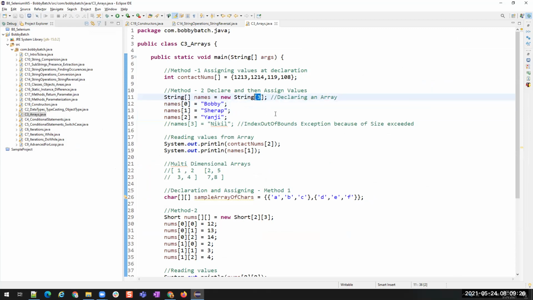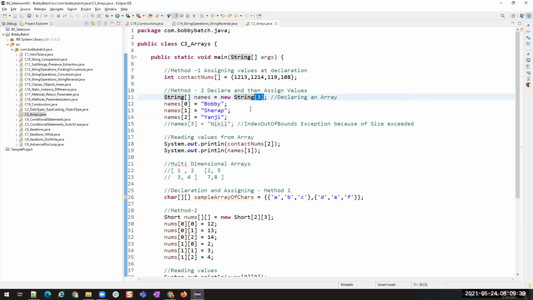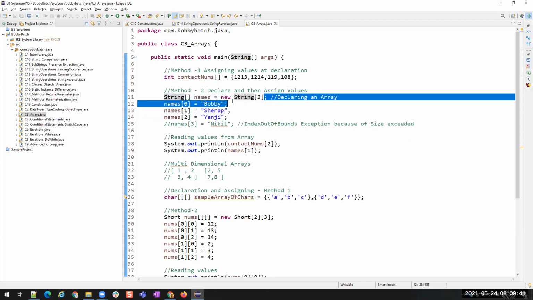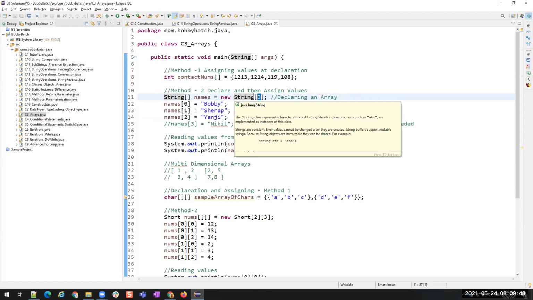So whenever we mention the size of an array, Java is able to understand, okay, I'm going to get string type of values and I'm going to get 3 strings. So it is going to allocate only 3 memory locations. Because we mentioned 3 here, it is allocating 3 memory spaces.